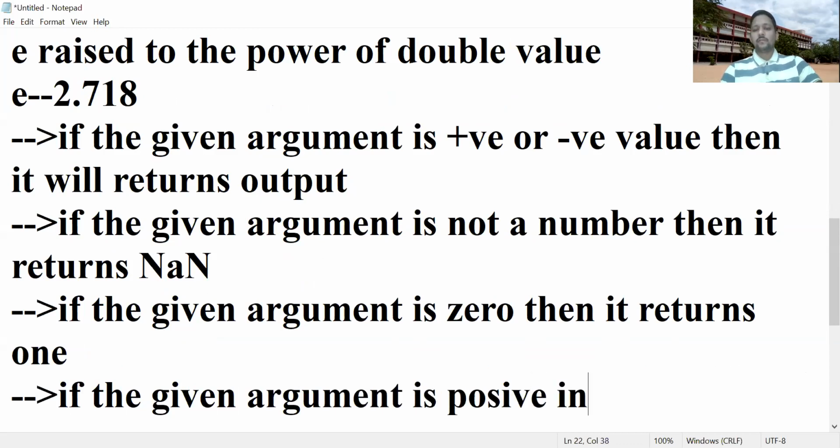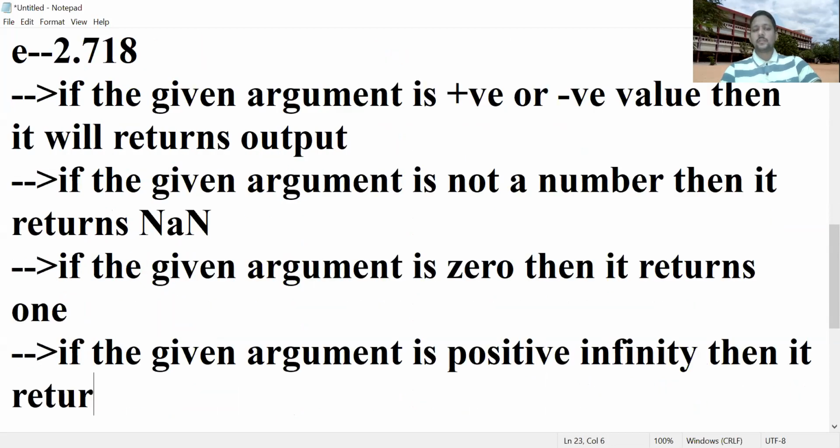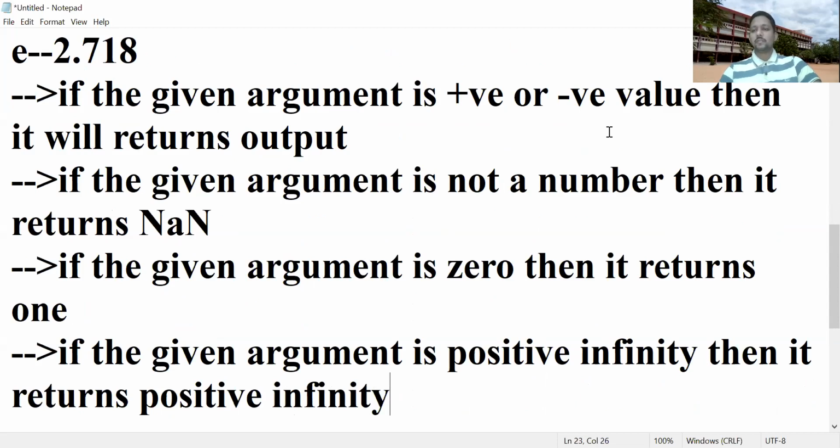If the given argument is positive infinity, then it returns positive infinity only. So these are the different cases in the exp function.